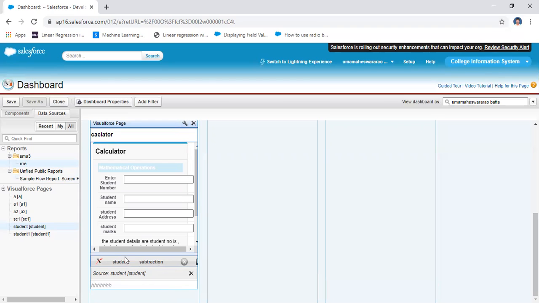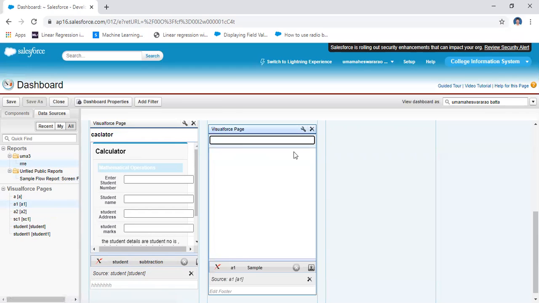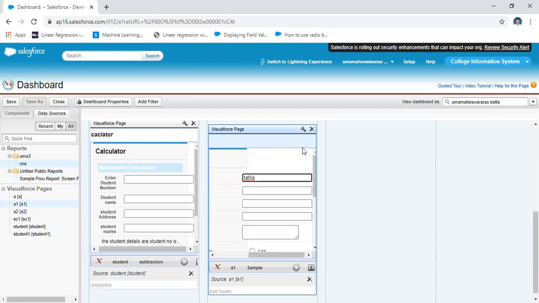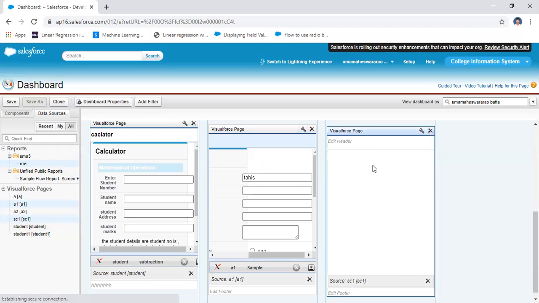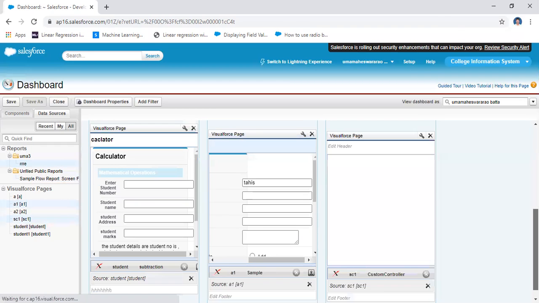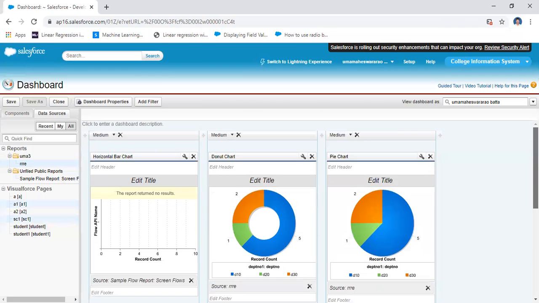Here you may have this one type of calculator. For example, A1, already some pages are there, you may represent those pages here. For example, header, this, that means these pages were created previously. And then another page, that means in your dashboard you will represent the visible post pages also. Like this you will create the dashboard.